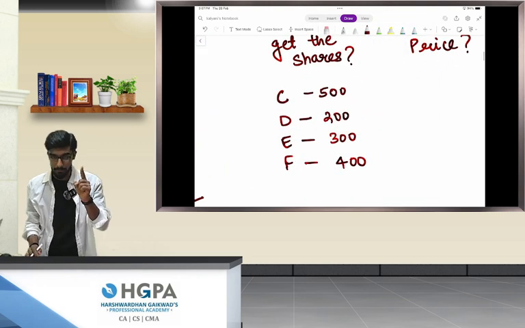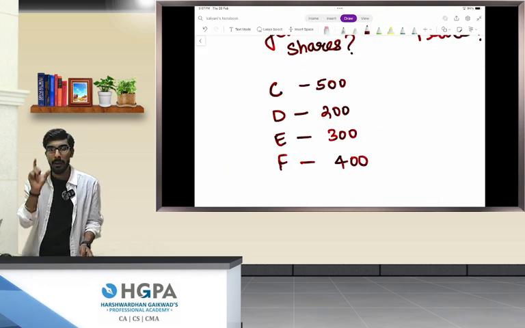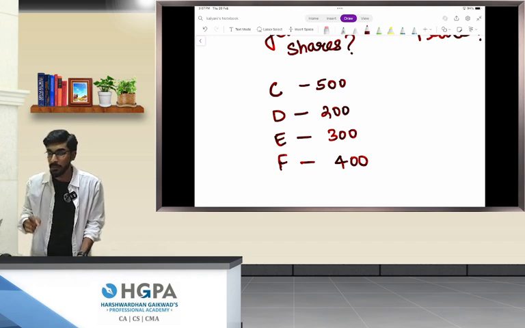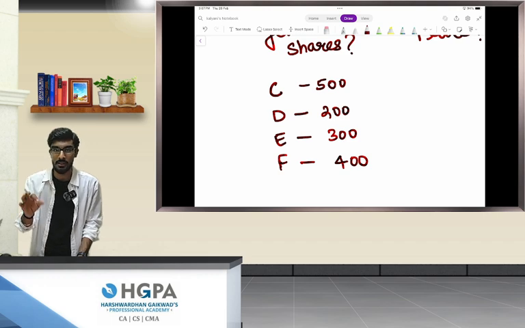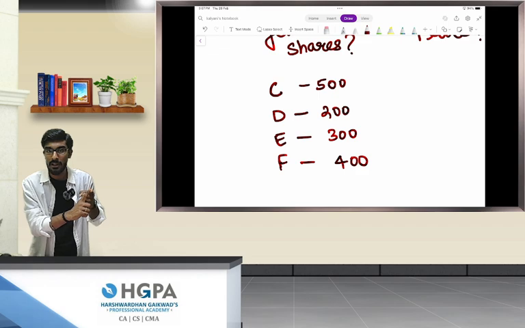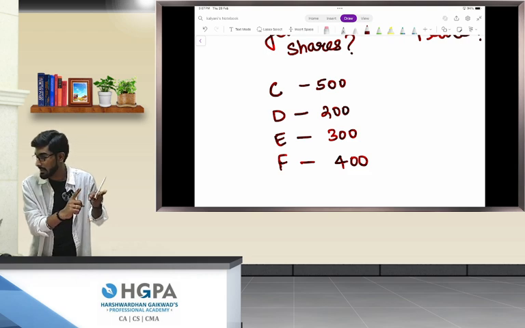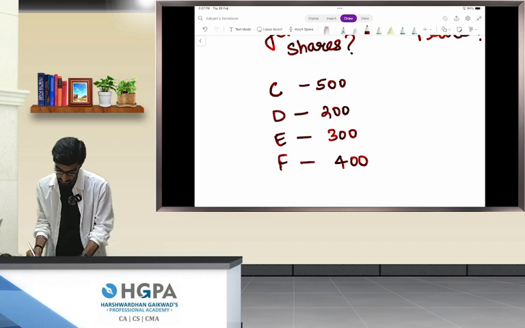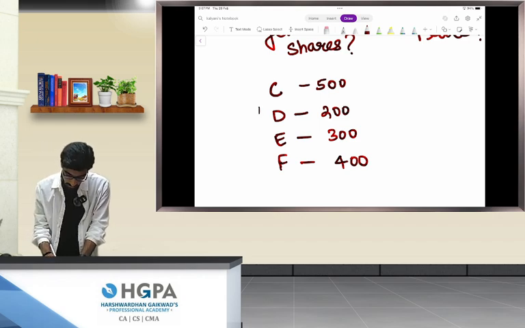Now, people, you tell me, what will be the price at which all the 4 people will sell their shares? What will be the maximum price at which C will also purchase the shares, D will also purchase the shares, E will also purchase the shares, F will also purchase the shares? Now, don't you think